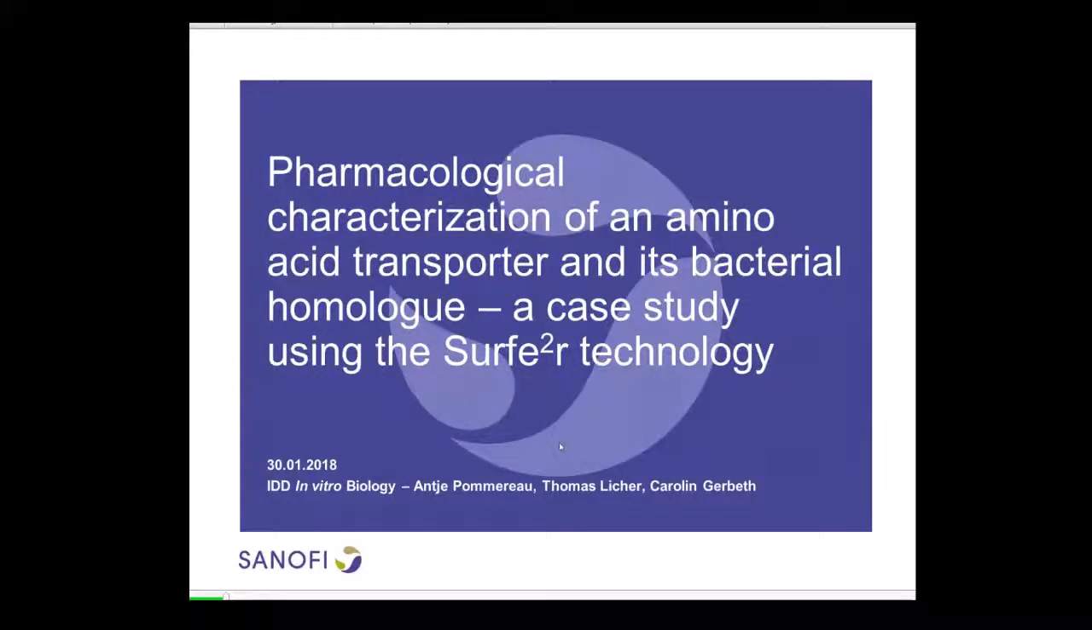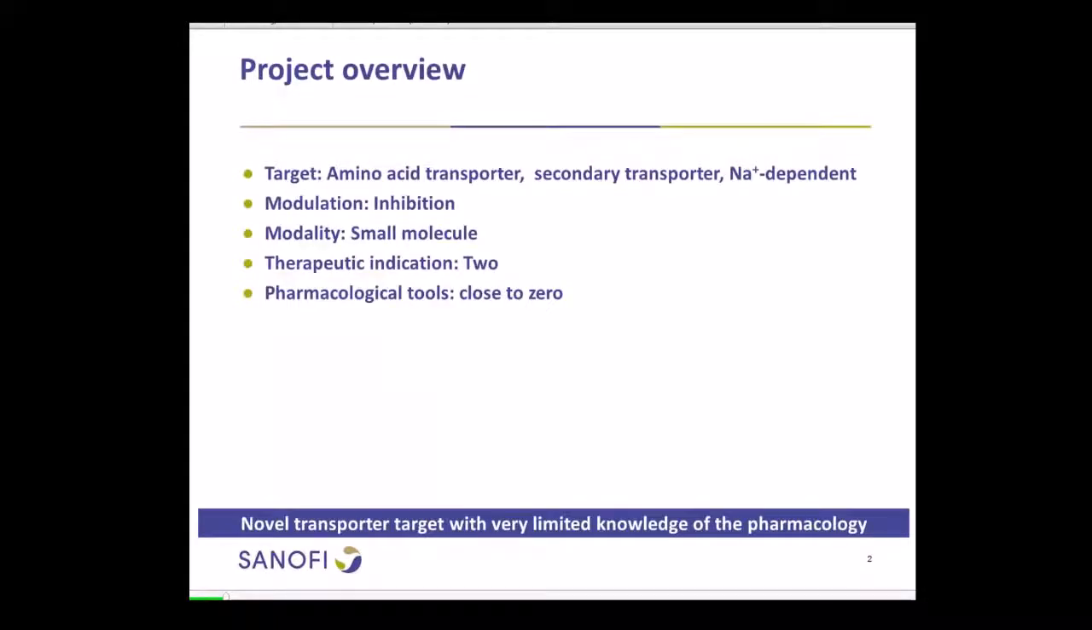Okay, welcome everybody. So today I want to show you how we use the surfer for drug discovery for one of our important targets, which is a sodium-dependent amino acid transporter. We use the surfer 96SE for this data, and the goal of this work was, of course, to find inhibitors